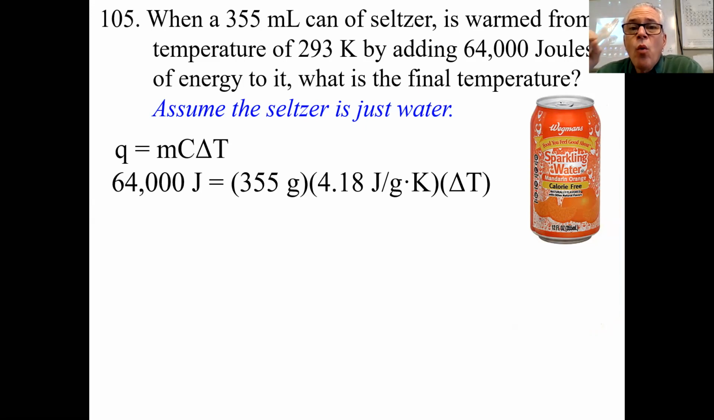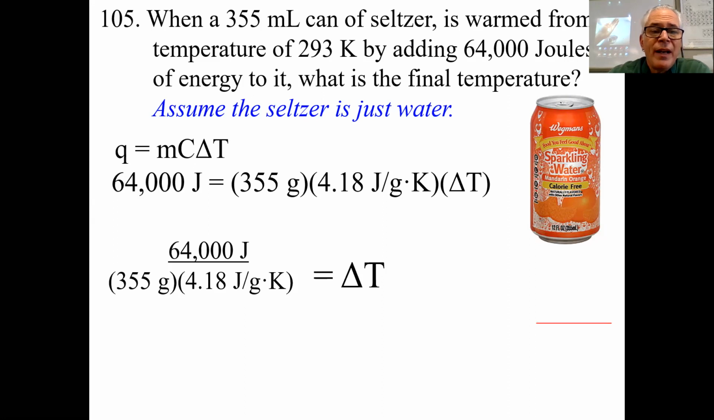Think, what is the final temperature? We can't figure what the final temperature is. First, we got to figure out what the change in temperature is, and then we can figure out what the final temperature is. So mathematically, we set this up. We divide both sides by 355 and 4.18. The joules cancel, the grams cancel, right? The joules in the numerator with the joules in the denominator. And then in the denominator, we have grams. They cancel the grams in the denominator of the denominator. And so it's going to pop out to be just